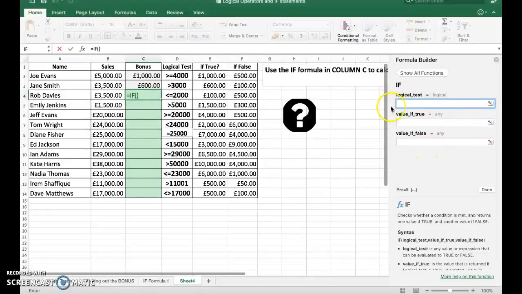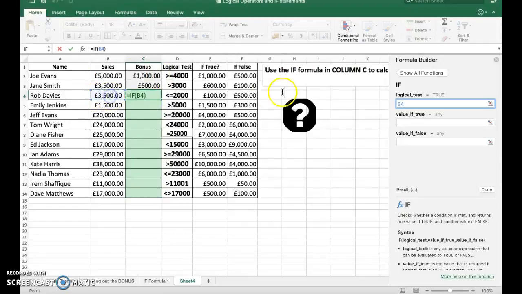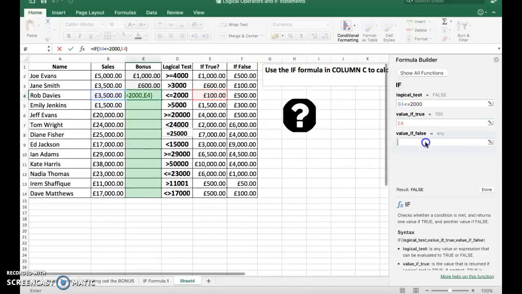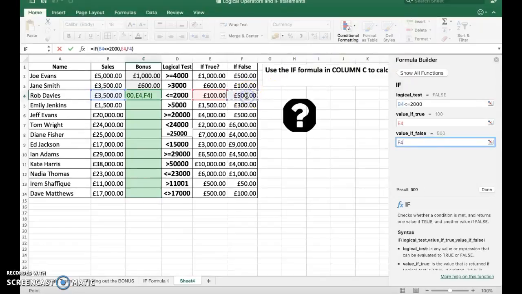What this means is you don't have to write equals if and put brackets in, etc. You just have to do the logical test. So let's have a look over here. We've got B4, and this time we want less than or equal to 2,000, and the value if true is that cell, and the value if false is that cell. Again, I could have written 100 and 500, but like I showed you before, it's a little bit more powerful when you use those because you can update the bonus figures without changing a formula. So we can push the tick,